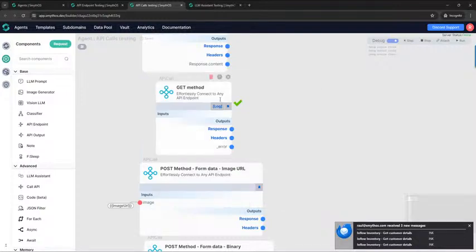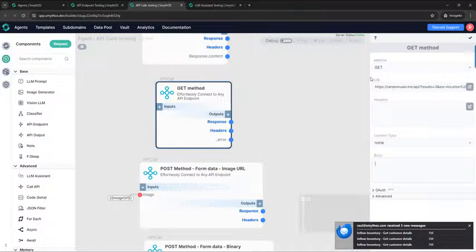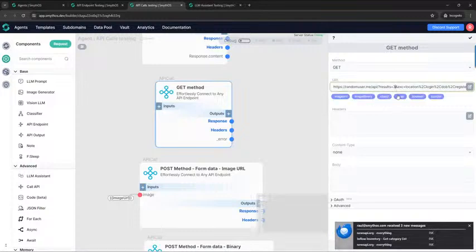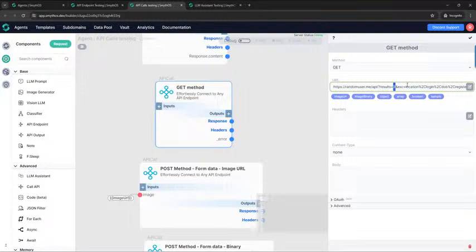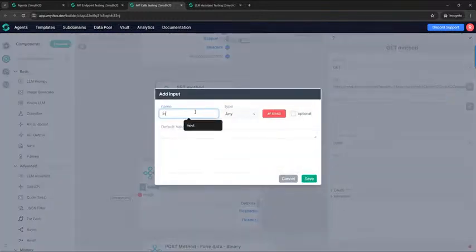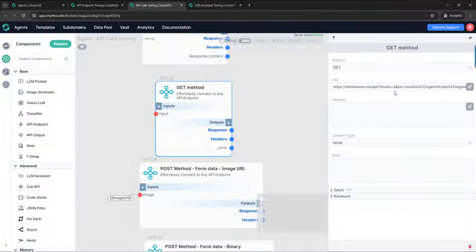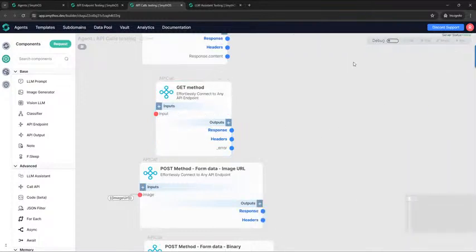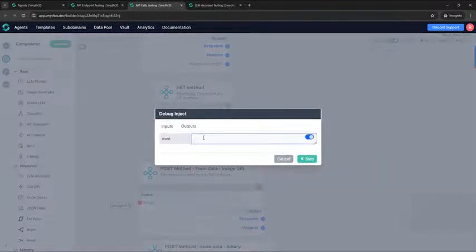So, for example, let's make an example. In this case, this API call just retrieves random information about users. And we have here some query parameters. So let's say that this number 3 is going to be sent using an input. So you're going to place that input here. To be sure about the information that we are sending to that API call through this input, let's set 4, the number 4,